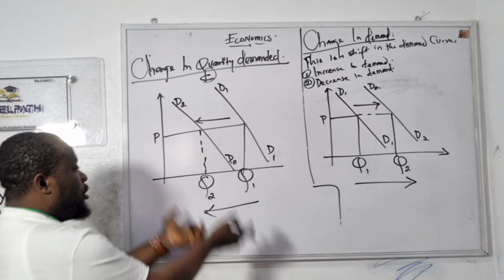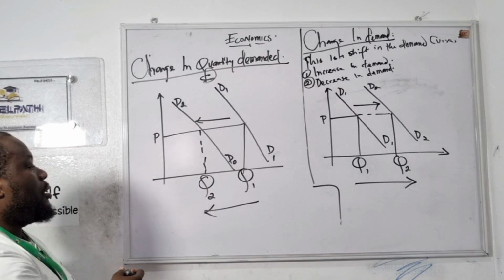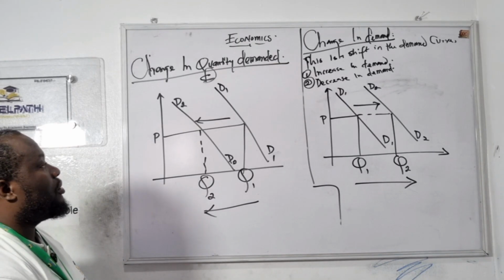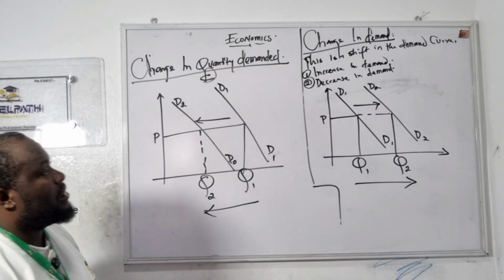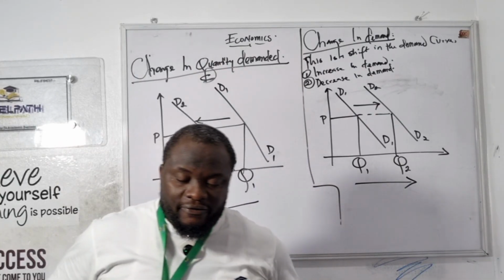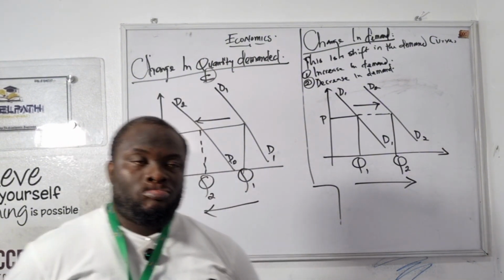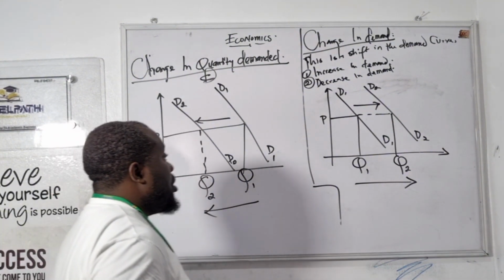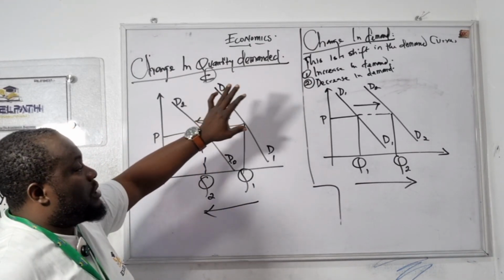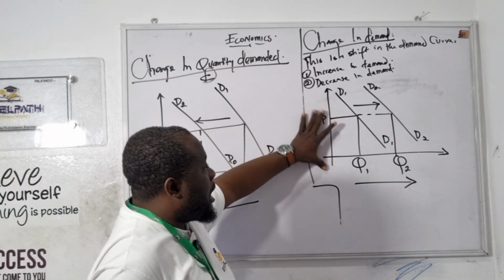So in this case, this is an inward shift. This is what? An inward shift in the demand curve. An inward shift or a leftward shift in the demand curve. Now, a decrease in demand is when all other factors affecting demand are unfavorable to the consumer. When all other factors affecting demand are what? Unfavorable to the consumer. So in your JAMB, they will give you a diagram like this, a